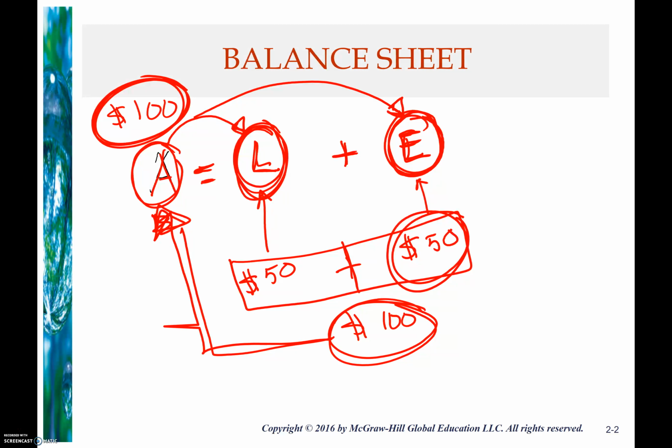Okay, what are assets? An asset is something that will give you a future economic benefit. Your liability is an economic obligation to someone else. It's an IOU. That's all it is. And your equity is where all the money that's invested that is not a liability will sit. Okay. And that is all for your